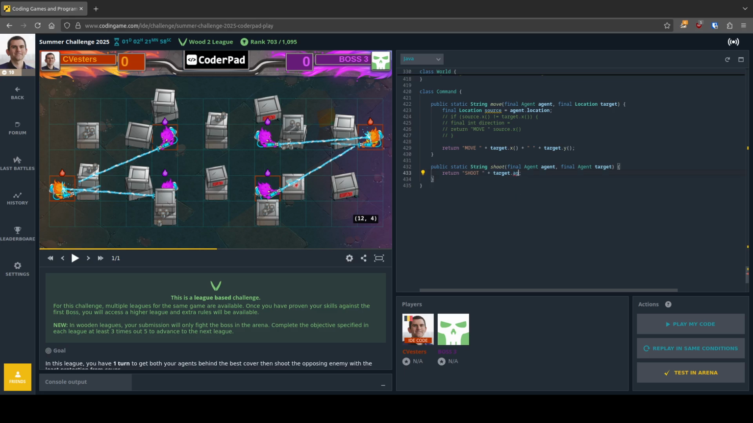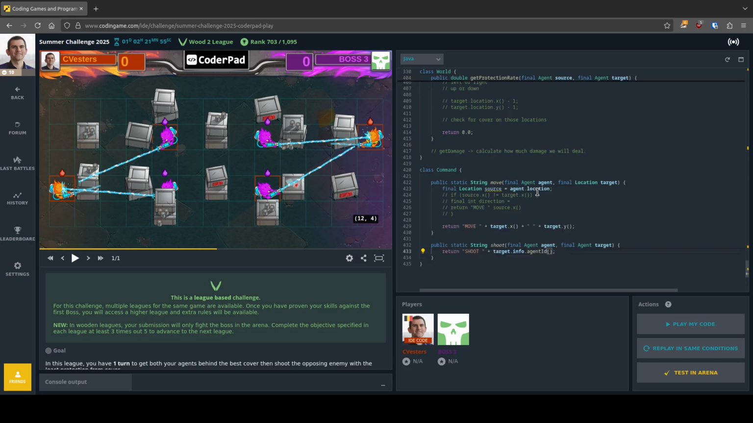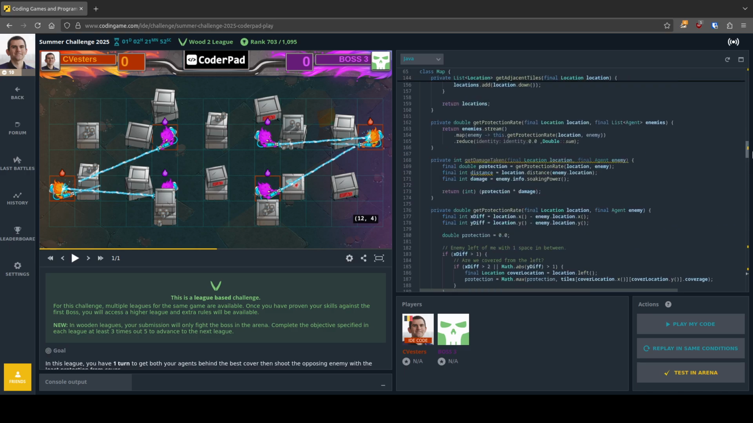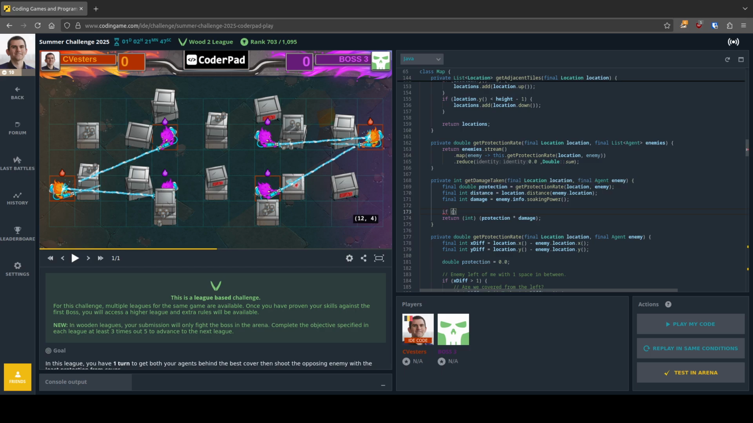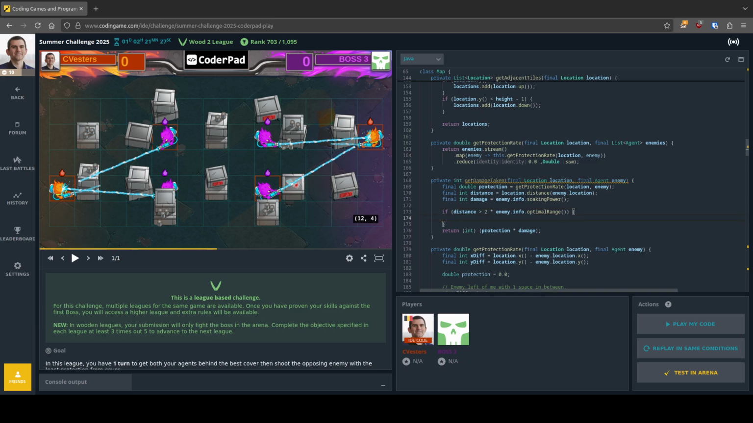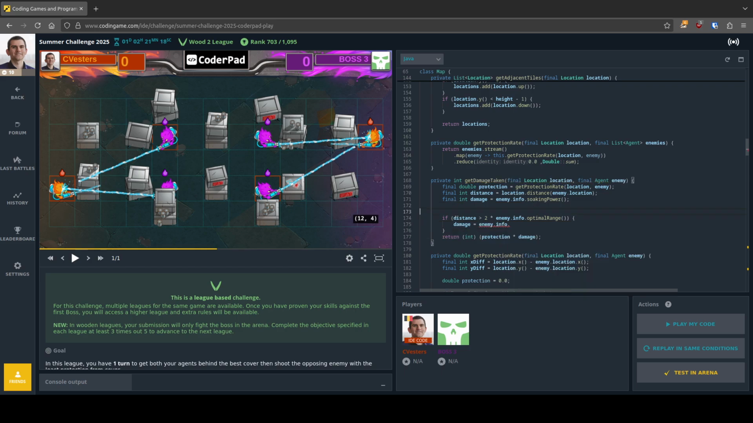Command target dot info agent ID. Okay, and so with this being the case, I have to say if distance is larger than enemy.info optimal range. There was something with 2 times, I know, 2 times damage equals enemy.info. I'm gonna call this